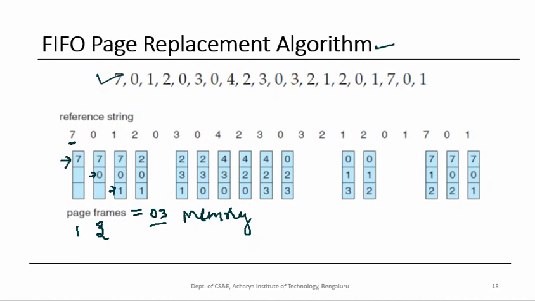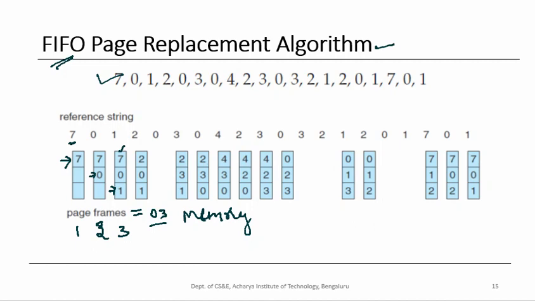Next, when the reference is made to 1, that is also a page fault. Now there is a reference to 2, but 2 is not there in the memory here. So therefore now the page replacement algorithm has to select one of the pages for replacement, or it has to select the victim frame from which the page is removed. Now for this purpose, page replacement algorithm uses first in first out approach. The page which has come in first will be sent out, or will be selected as a victim page.